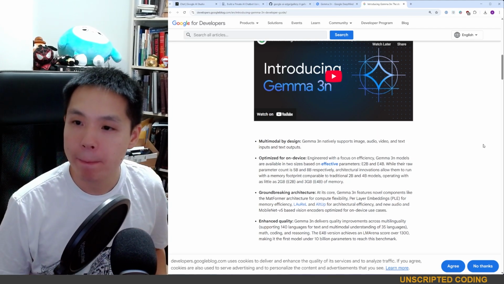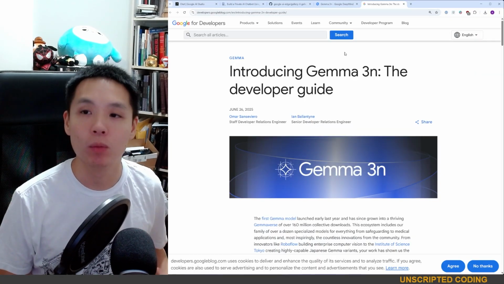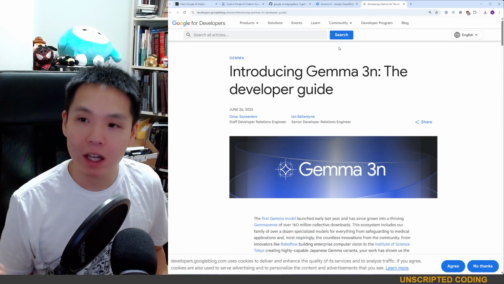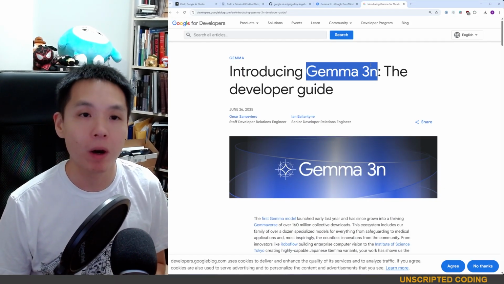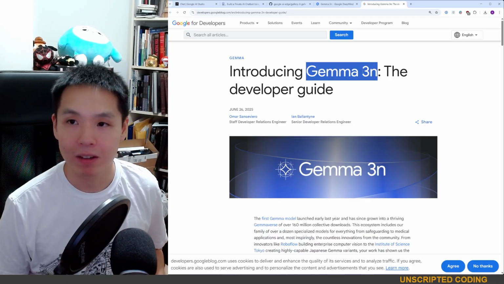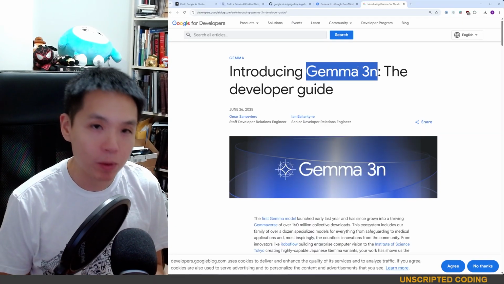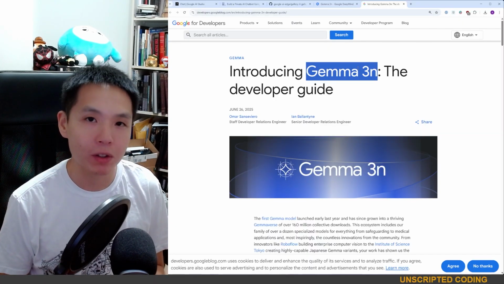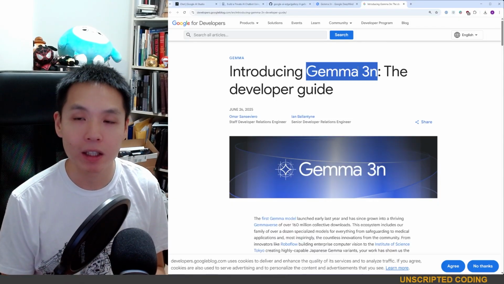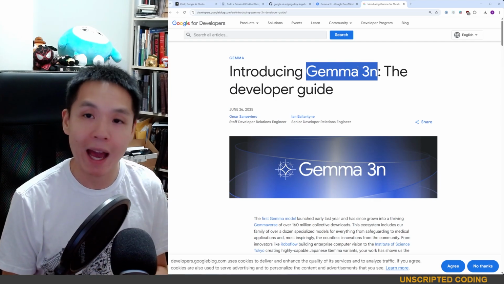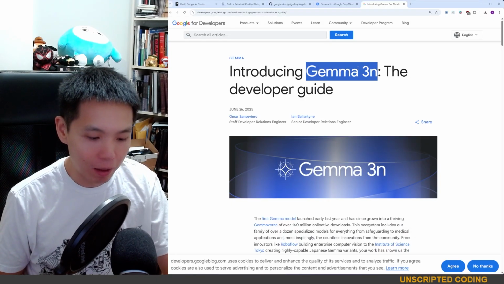Now, what can it do is the big question, and what can we do with it? As I started reading about this and trying it out, it is actually a very capable model in all the ways that matter. What I mean by that is, if you're on your device, you are probably not writing code, you are probably not writing an epic novel. What you're doing is classifying objects, seeing what's in pictures, having fun conversations. Those kind of basic questions